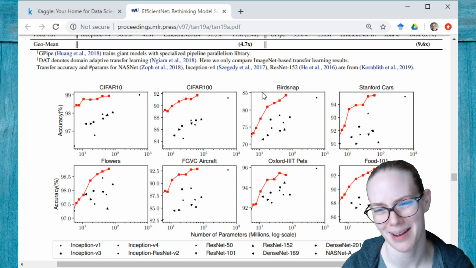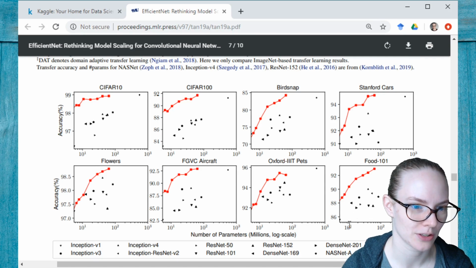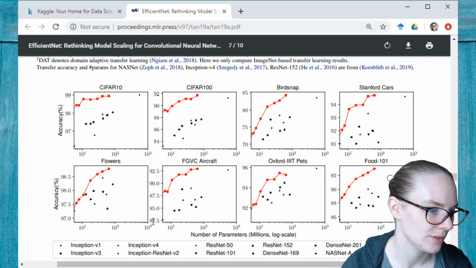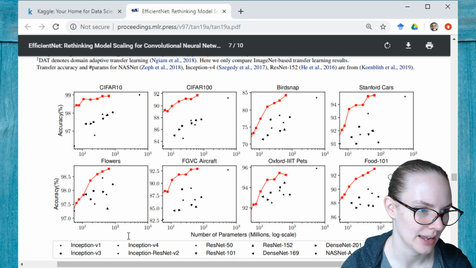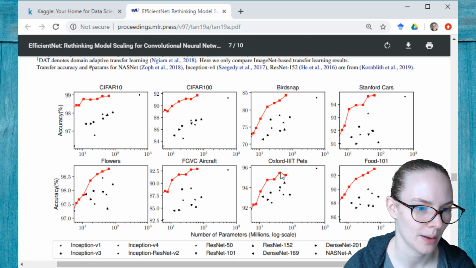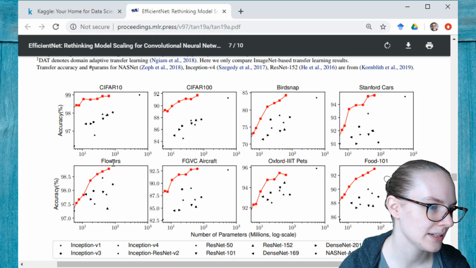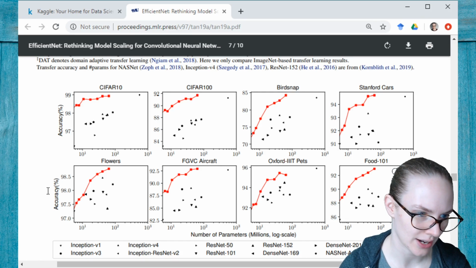So bigger models would be further to this side, smaller models further to this side, and each of these symbols is a specific type of model. So GPipe is this little one that's showing up here in the corner most of the time. And then these connected ones are the various EfficientNets,